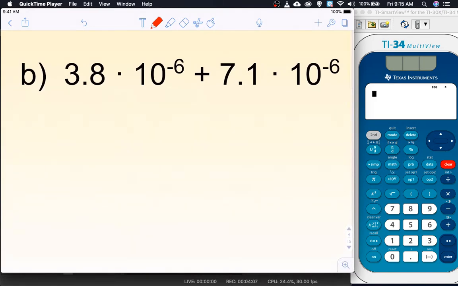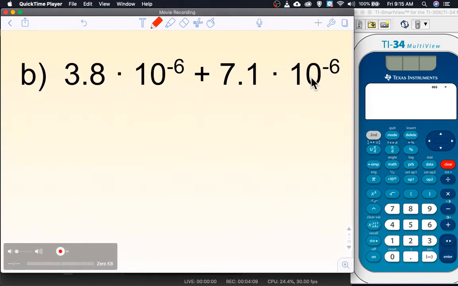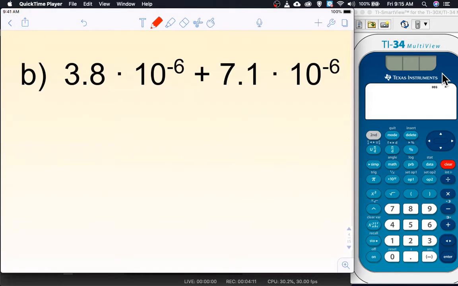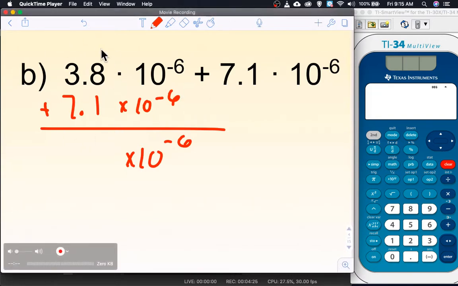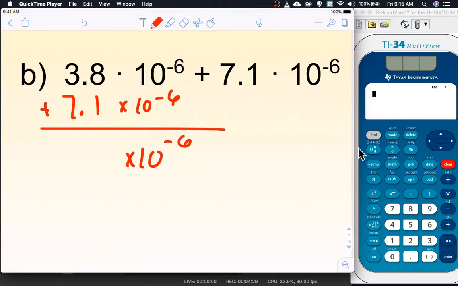Letter B. So I'm looking, they have the same power of 10. I'm going to just line them up because I like doing that. I am adding these together. I know my power of 10 is going to stay the same. So what changes? Well, this part, the decimal piece. I'm going to add those together. I'm going to get a